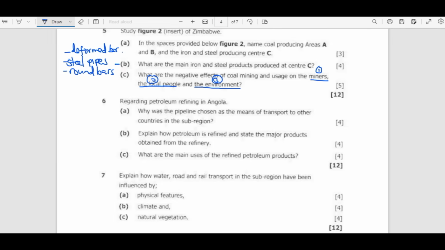So we want to find the reason. The reason number one is that it is the cheapest mode of transport. And then the other one, it is safe, or it is safer. And then apart from that, constant supply